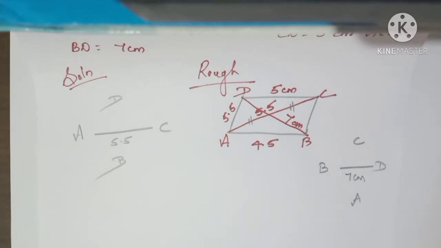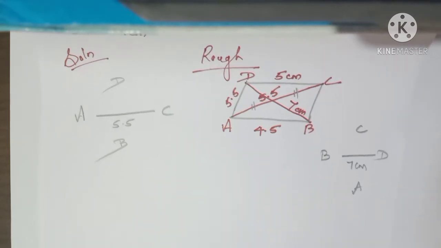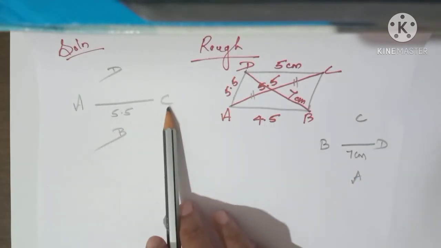So in this quadrilateral, what are the given things in the question? 3 sides and 2 diagonals. So now you know how to construct a quadrilateral. First thing you want to keep in mind, whenever you get the question, first read the question and draw the rough figure. Once you have completed the rough figure, then it is easy to construct the quadrilateral or whatever shape. So the first thing you want to do, here I am going to take AC as the baseline.